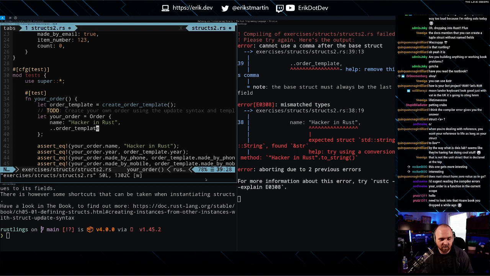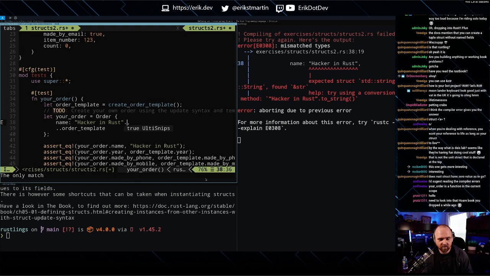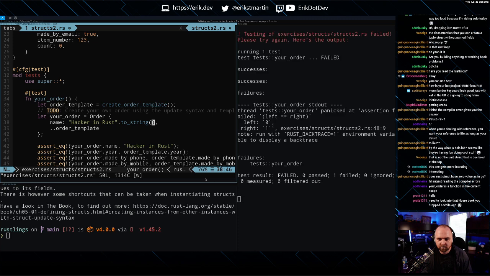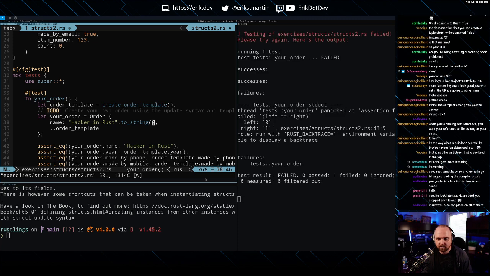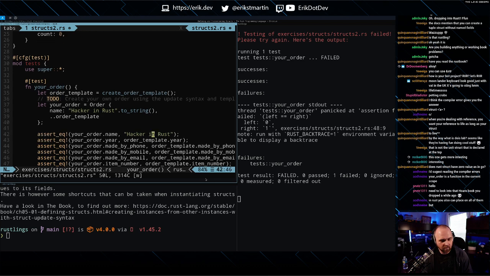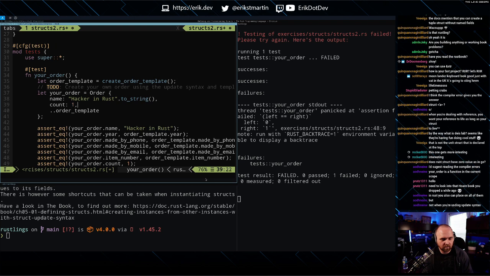Bad habits from Go. Go has you put a comma in all of them, even when it's the last. Expected struct standard string. Okay, so here we need to do to_string, right? Oh, we're missing something. Oh, count: 1.